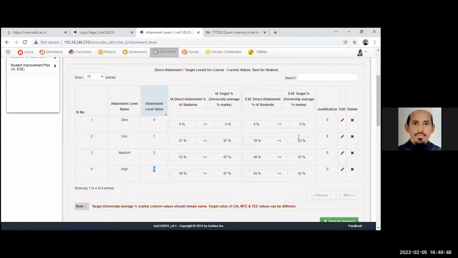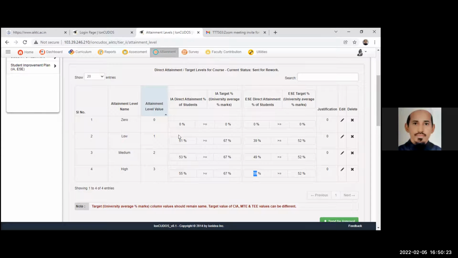ओके, ऐसे ही सेमेस्टर एग्जाम के लिए, 52 हमने डिसाइड किया है कि 80 में से 52% मिलना चाहिए। Okay, if 39% of students are going above 52%, so this will be level 1, like that. As you know, we have decided certain levels for sem 1, sem 2, sem 3, and we have already discussed this in the preterm audit.